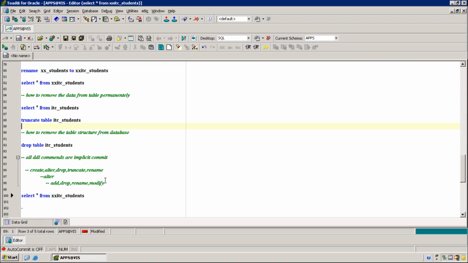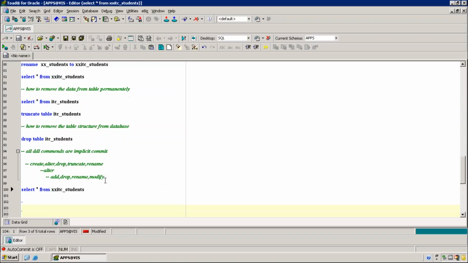Now we can use the delete statement. How to remove the S number 11 record from the table? Delete